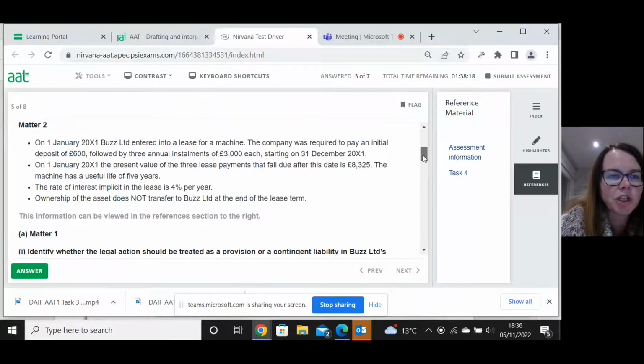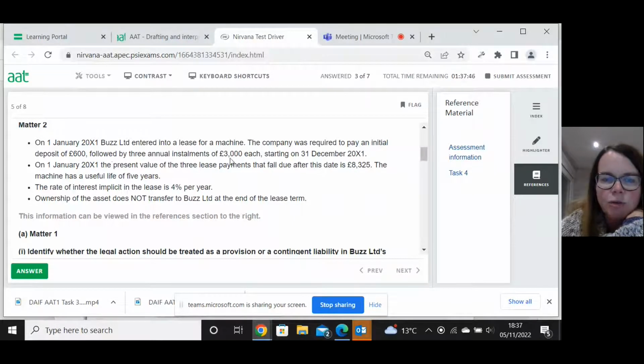So I'm now going back to matter 2. I can see straight away this is about leasing. On the 1st of January X1, Buzz Limited entered into a lease for a machine. The company was required to pay an initial deposit of £600. So just thinking about that, the double entry would be debit the right of use asset, credit bank, the amount of the deposit,